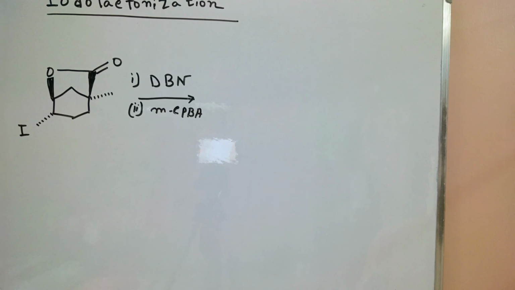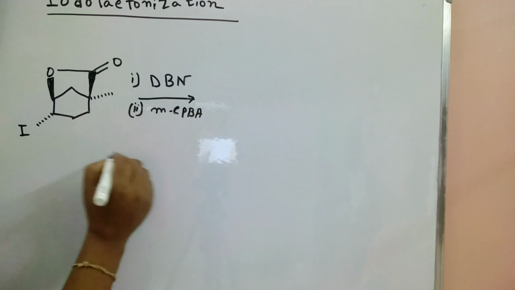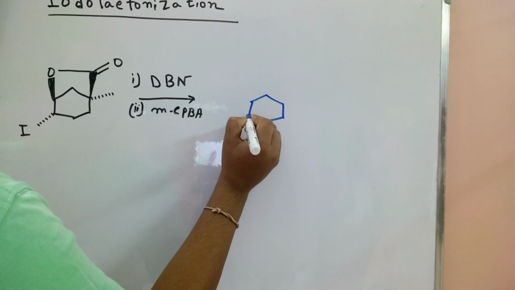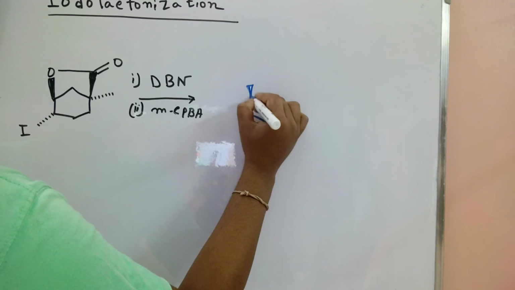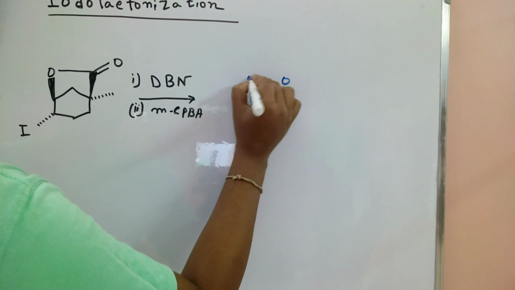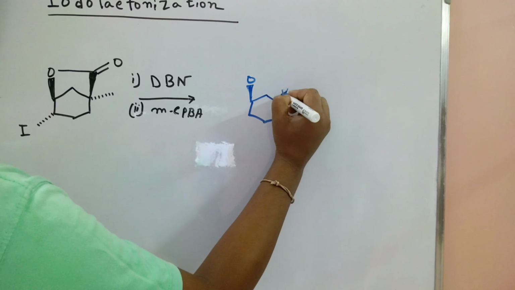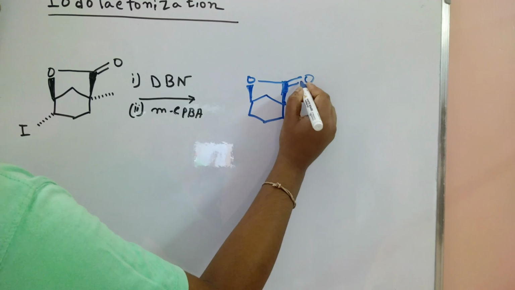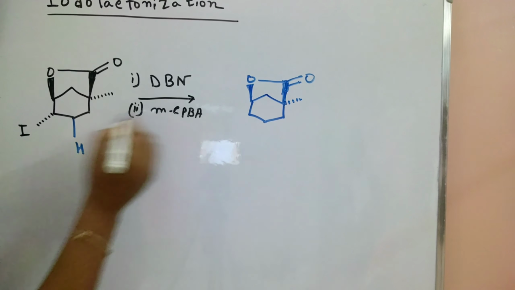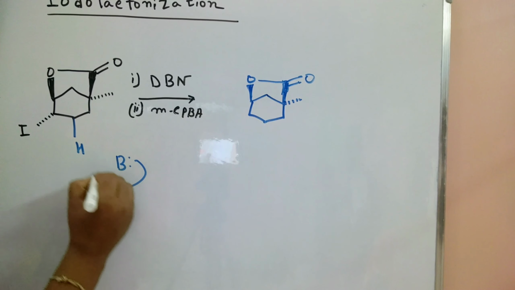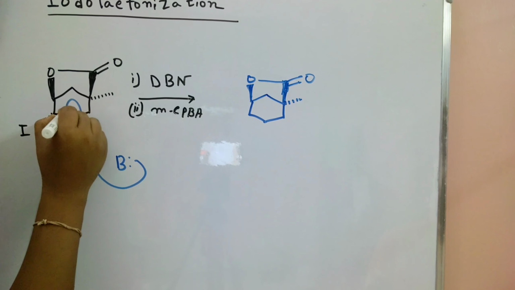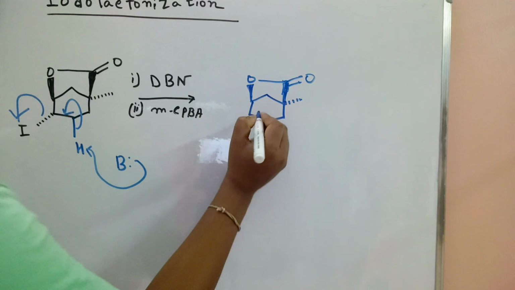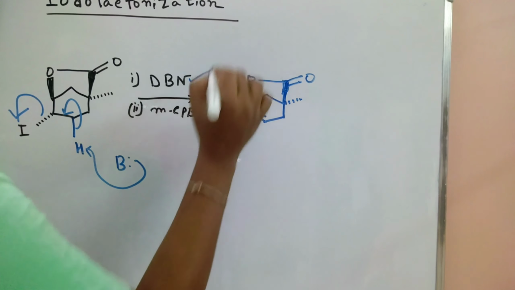The question is which product is possible. So in the presence of DBN and second step is MCPBA. So now we discuss here, in the presence of DBN, at first step, one O and this down bond is present. In the presence of DBN, at first, base abstraction of that hydrogen. So this hydrogen gives the double bond and iodine is removed from that system. So now the double bond is formed. So in the presence of DBN, this double bond forms.